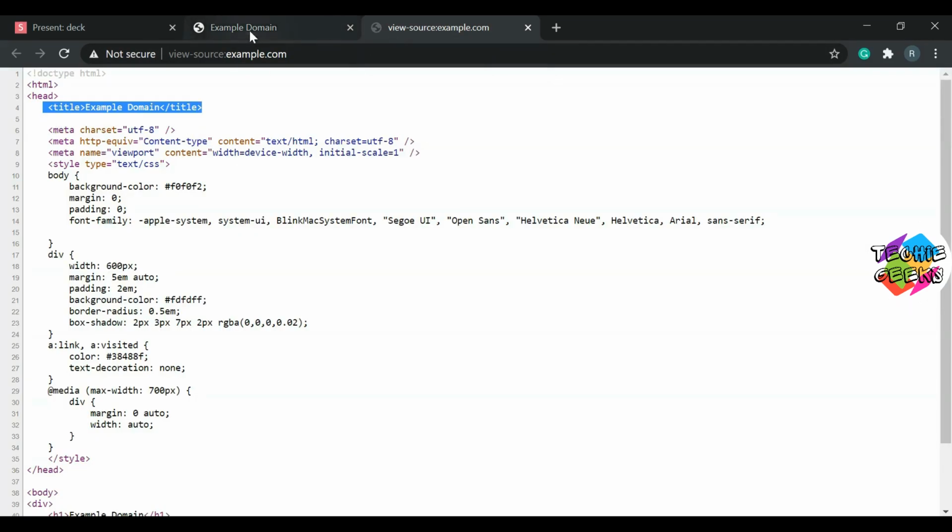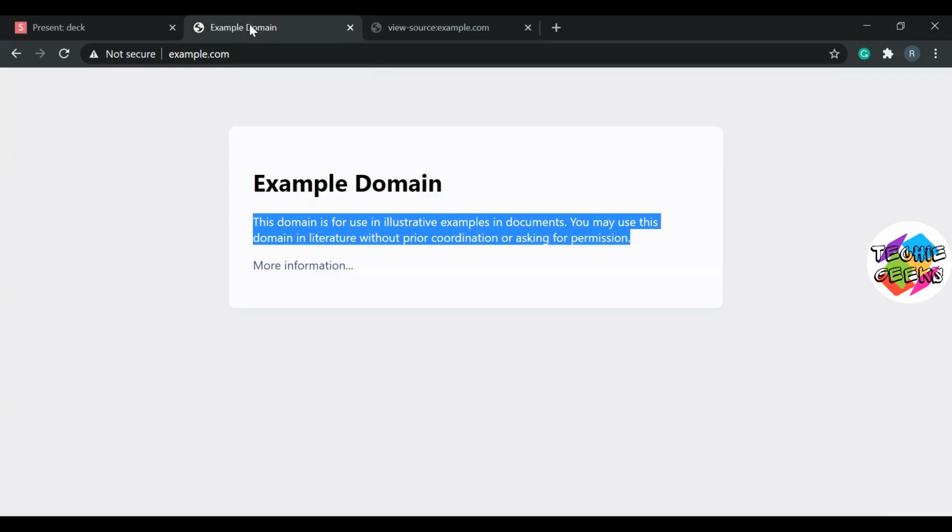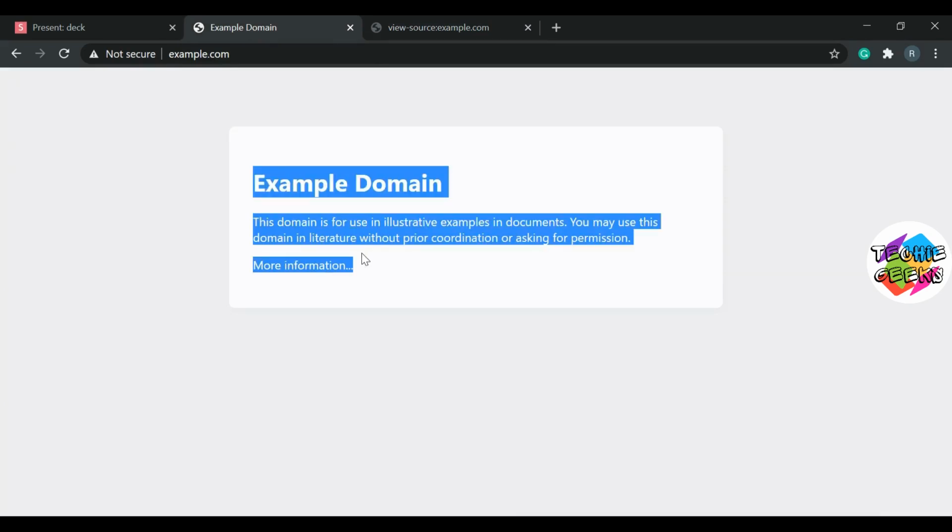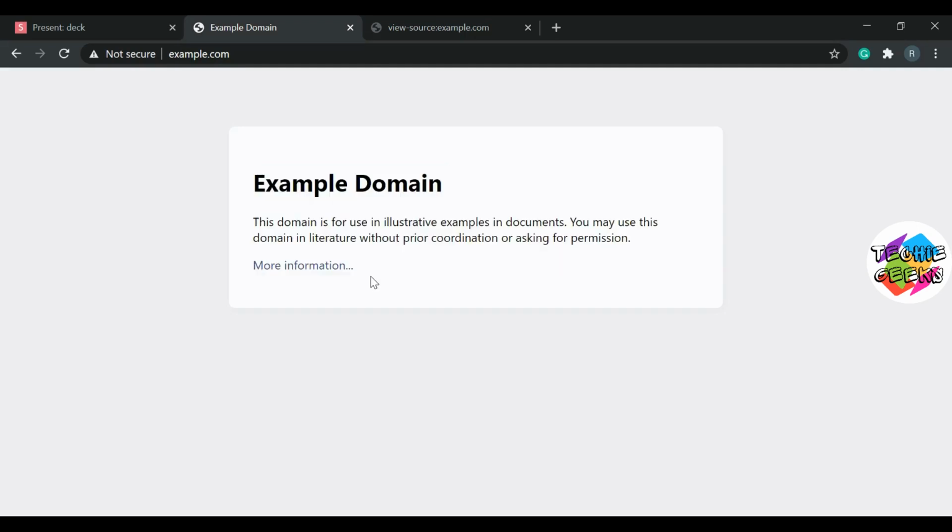If we look at this page once again, this page does not have HTML only. Apart from HTML, CSS is also there. CSS stands for Cascading Style Sheets, and CSS is used to define the design for our web pages.